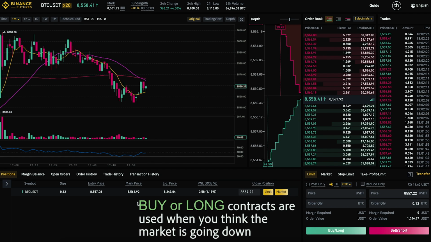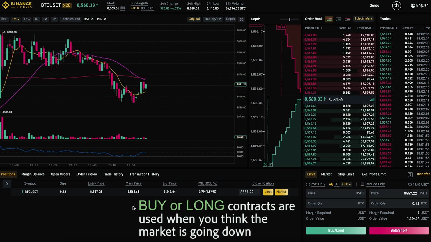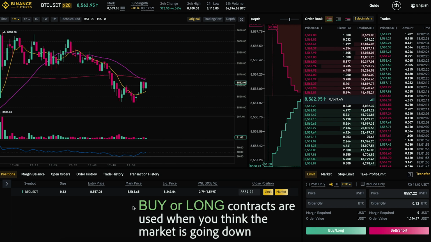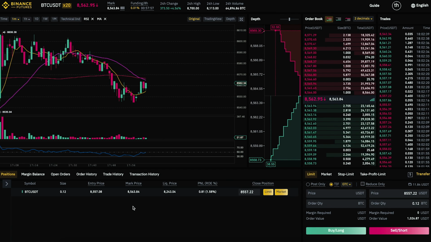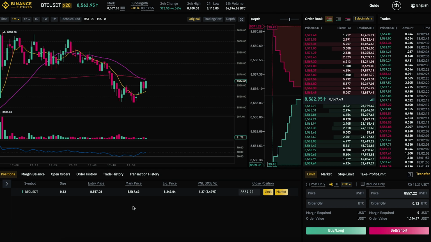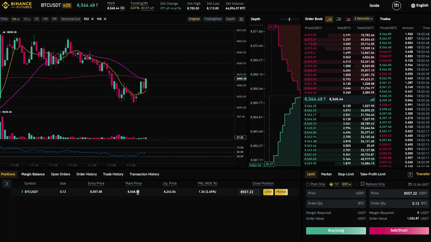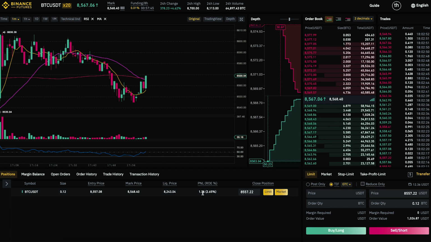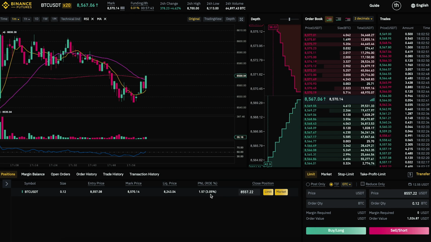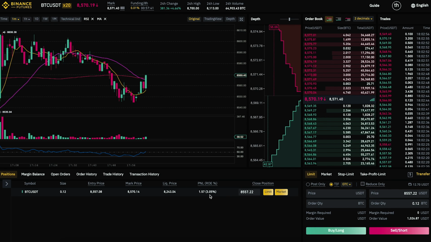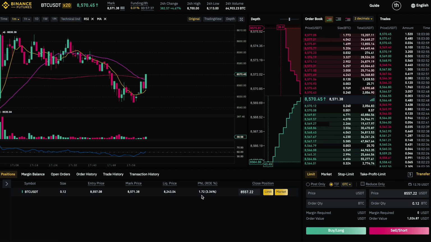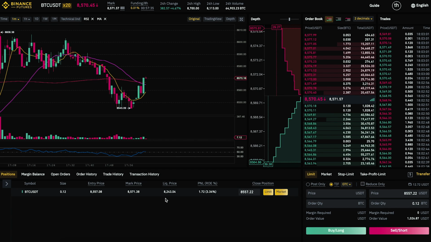You can see my entry price is 8,557, and the market's already at 8,563, which is giving me a 2.4% return on this trade. That's about $1.36 up. So I just made $1.36 just from clicking into that, and then the candlestick's going green. You can see it's running up. I have $1.57, $1.72. I'm at 3% up, 3.3% up, and I can tell, like 2% is a good goal